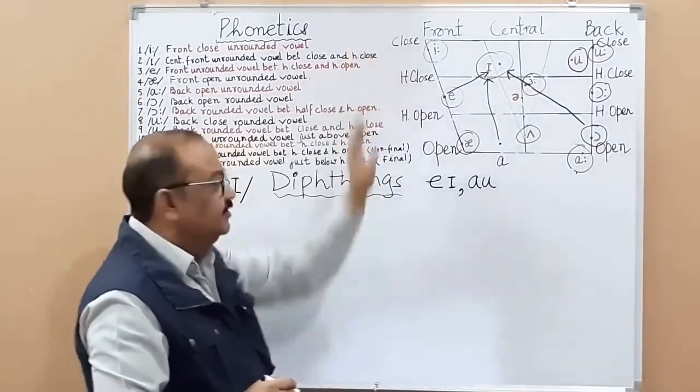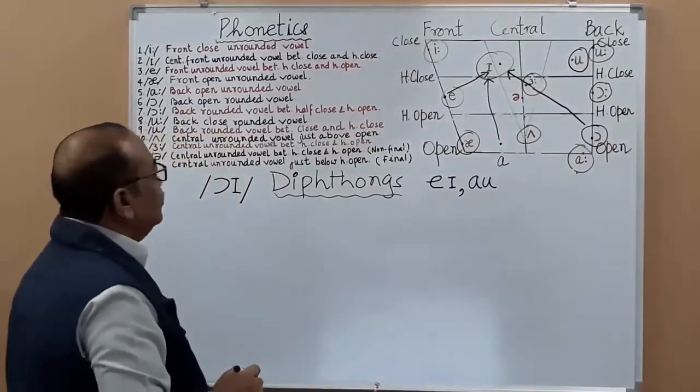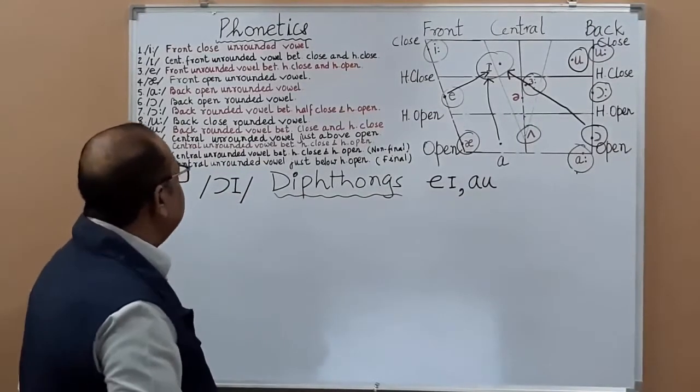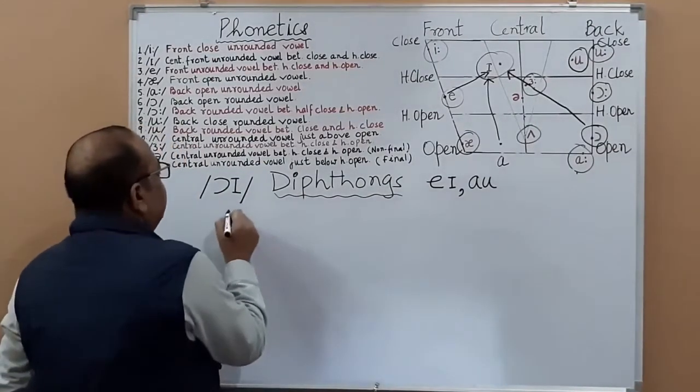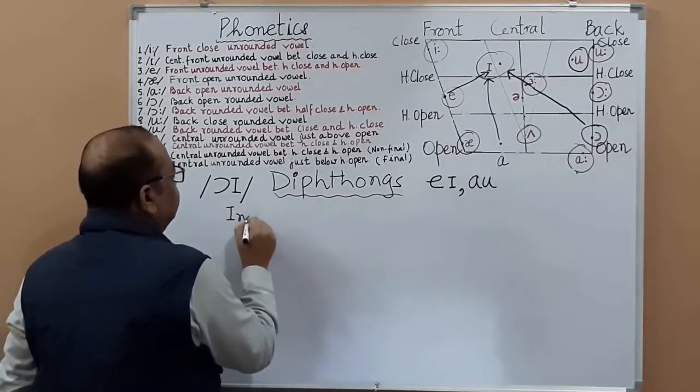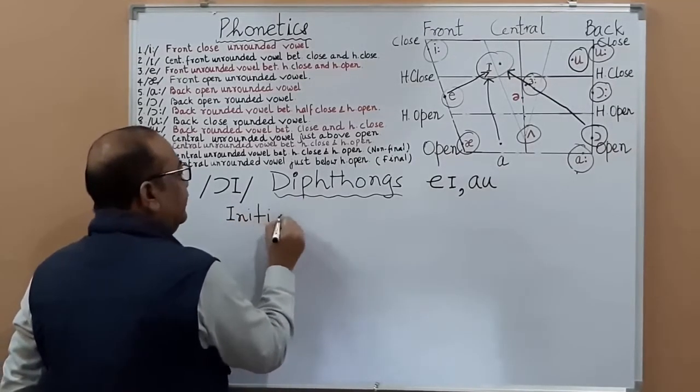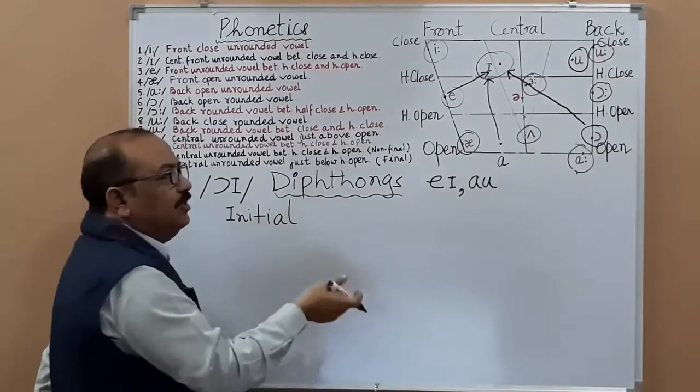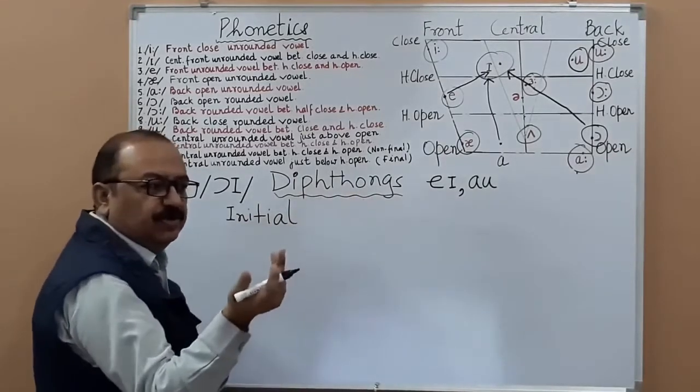Is it okay? Yes, sir. Okay. So let us discuss the three occurrences of OE. Let's begin with the initial sounds. It's very easy. I have been giving example of that word so many times.